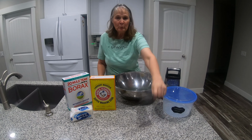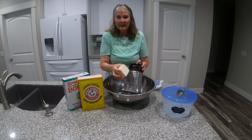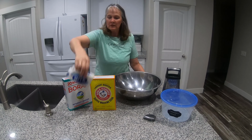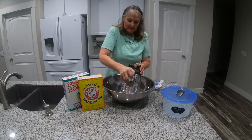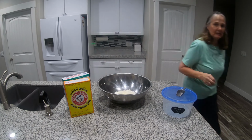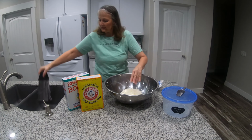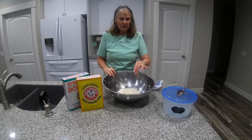And a cheese grater. So first we're going to just take this half a bar of soap I have, and we're just going to grate it like you would cheddar cheese. Have a whole bowl. Now, I usually do this in the summer outside, but it's winter, so we're going to